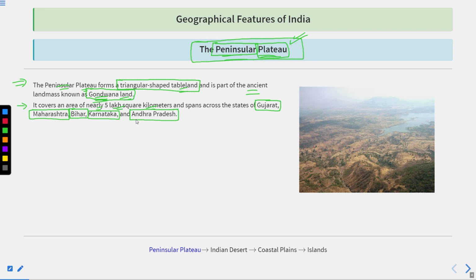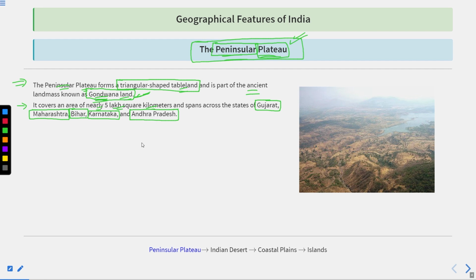Remember, when we talk about the Peninsular Plateau, these are older than the Himalayan mountains. The Himalayan mountains are the youngest folded mountains, whereas the Peninsular Plateau is an ancient landmass. That was part of Gondwana. The states that we have mentioned here, please remember these states because they are important from the examination point of view. A question could be asked in the examination regarding these areas